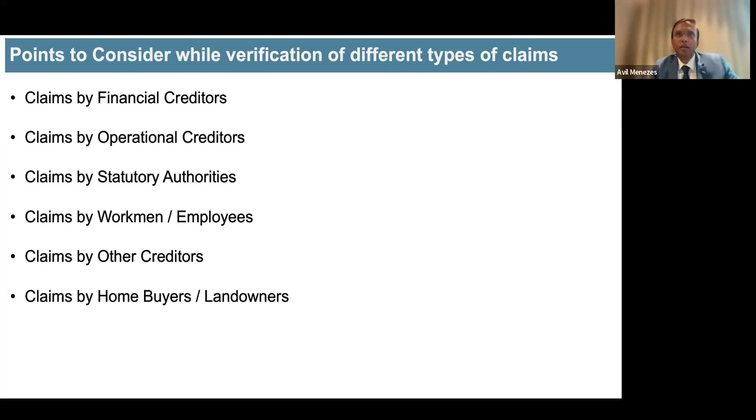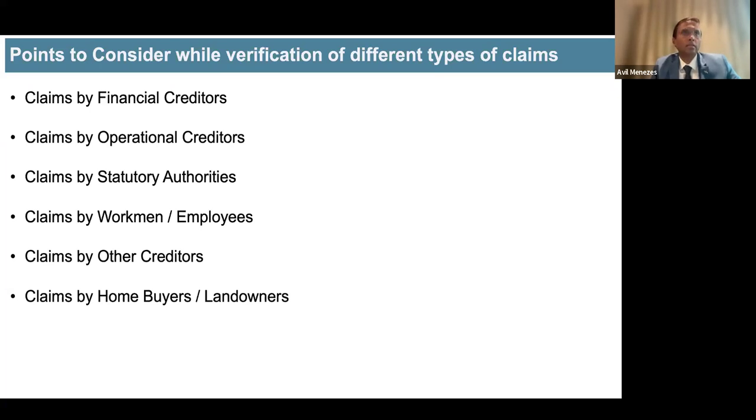When is the demand made? If the demand is made prior, then obviously the time for challenge and appeal has gone, so you'll have to accept. If it comes during the CIRP period as part of an ongoing assessment because of prior periods, then you have to take a decision whether you want to challenge that particular income tax notice, that demand, or accept it. That's a decision you have to make. If the management has not made a decision earlier to appeal, that's crystallized, so you will have to go ahead and accept it.